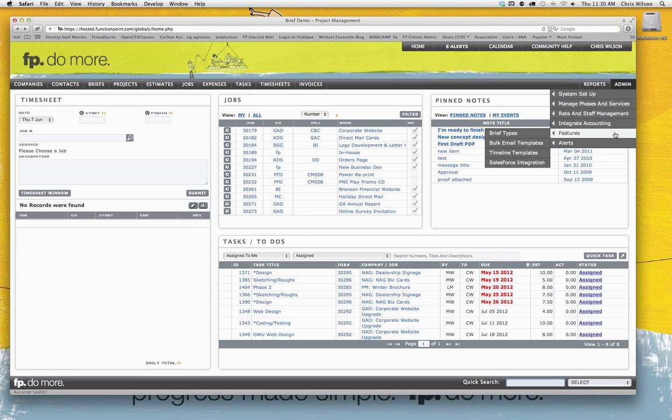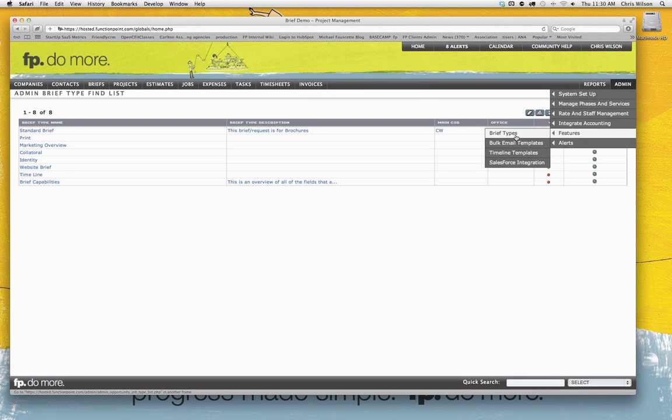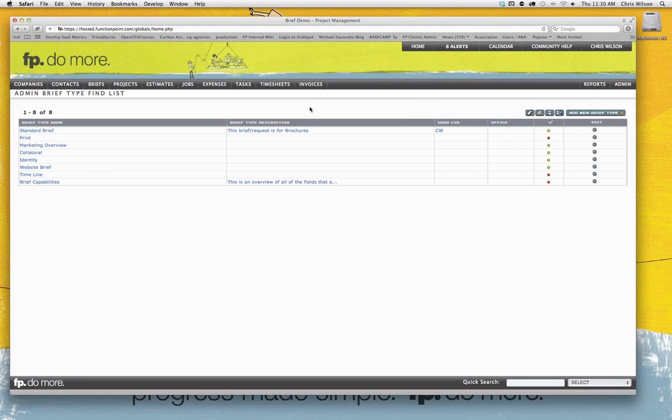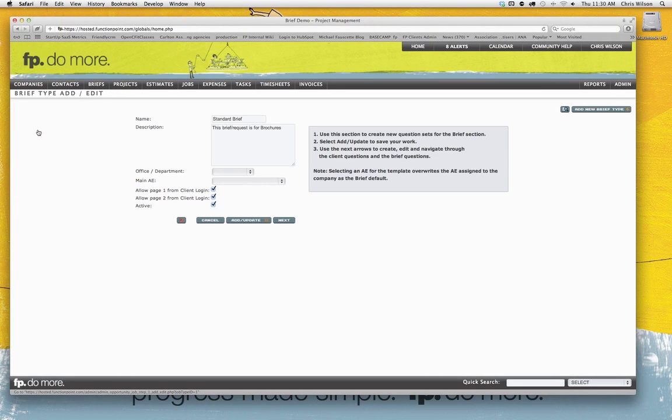So if I come back in under admin, I'll just try and recover from that, and select brief types. I'm going to drill into the list view as I had been showing you before, and then select to drive into a particular brief detail page. So in here, you can really look at this as being the page where you would name any new briefs. Notice the Add New Brief Type icon up at the top. That would fundamentally just present this section to you without any information.